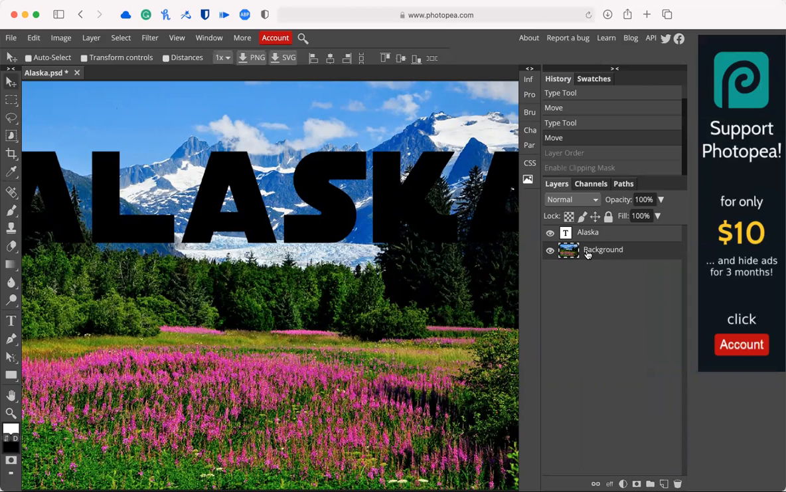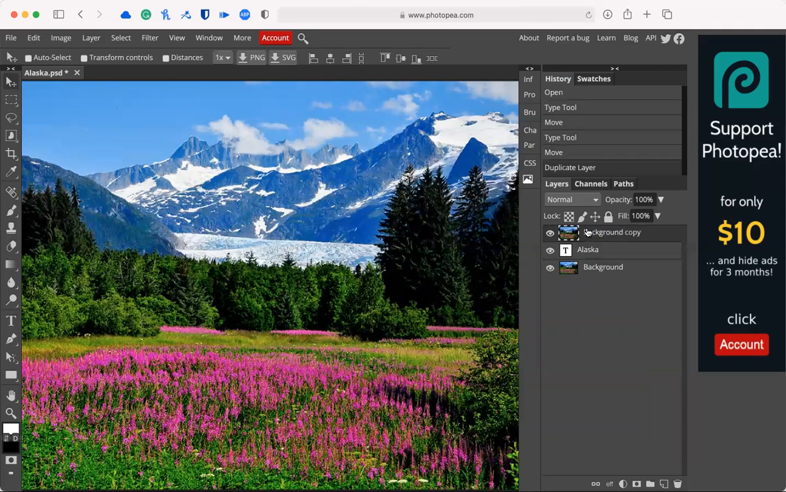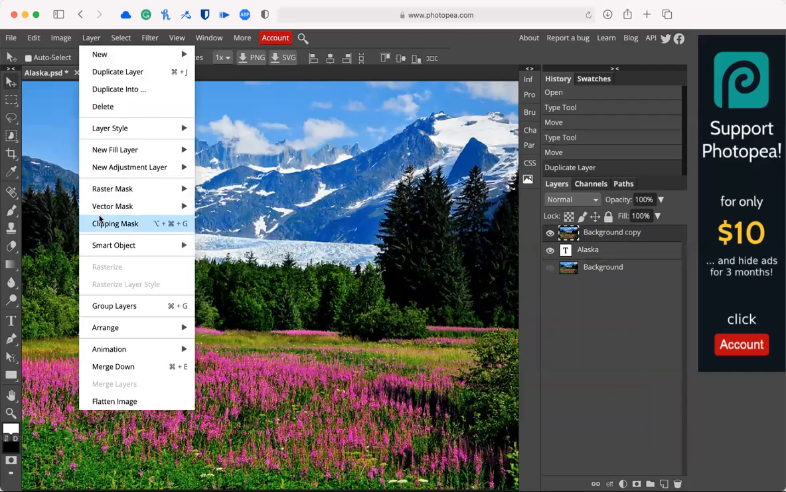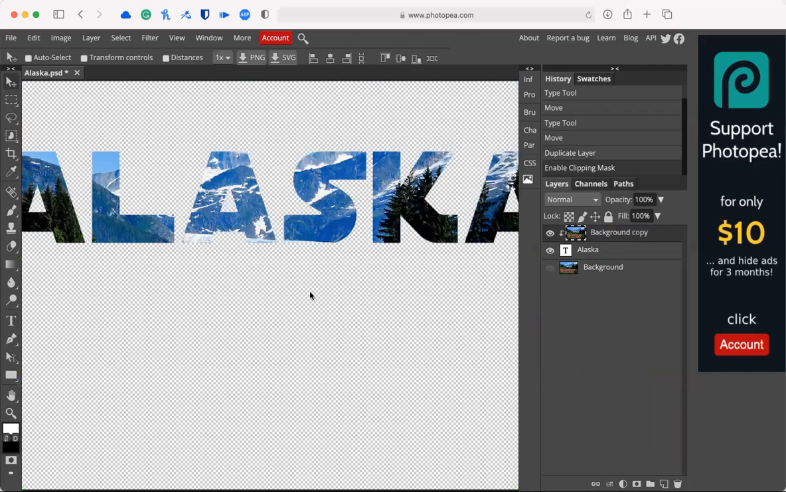Here is our background. What we're going to do is hold down the Option key and pull the background up here. And we're going to make a copy of the background. We're not just going to move it because we want this one left here. And so now we're going to turn off the background. We're going to click on background copy. We're going to go up and add this clipping mask. And we've got ourselves